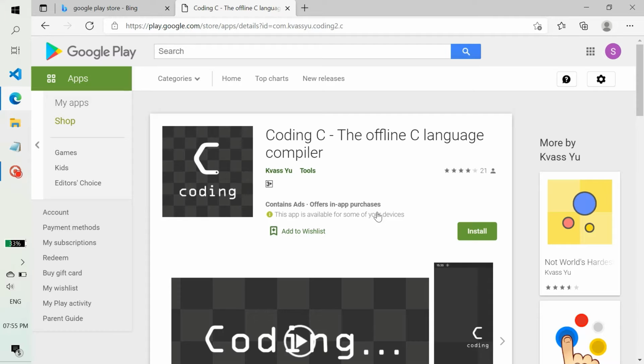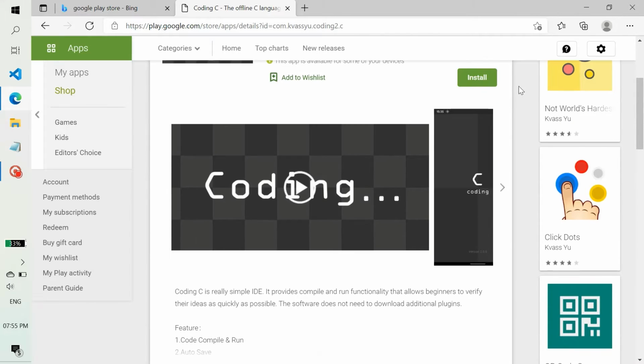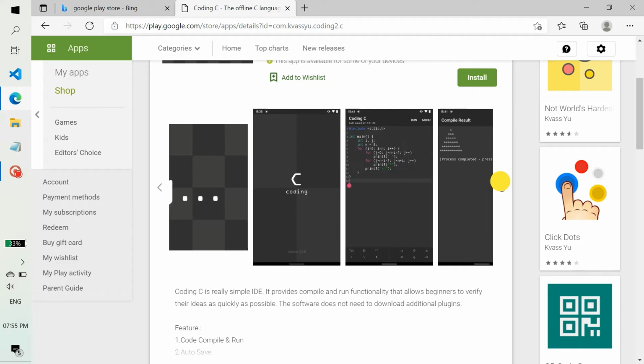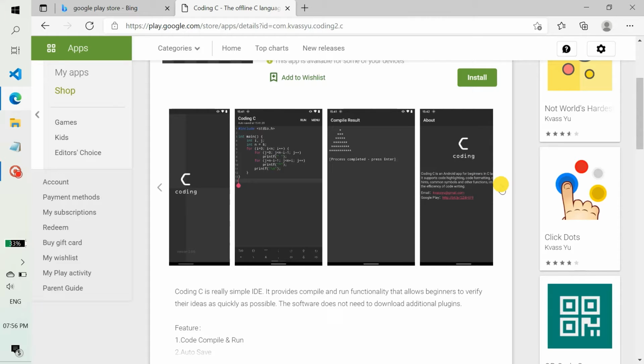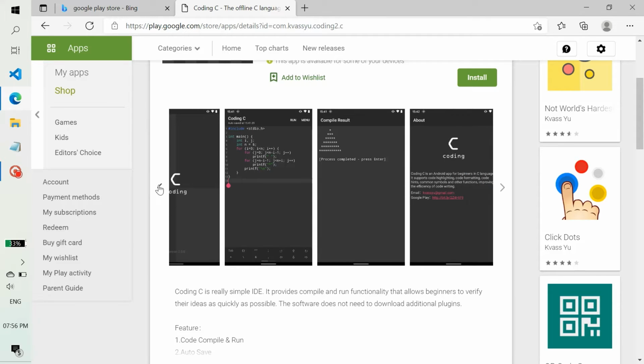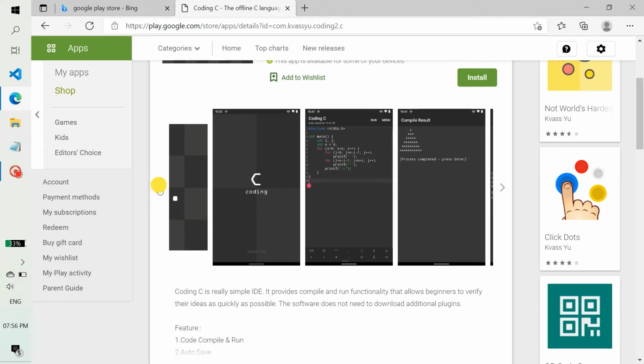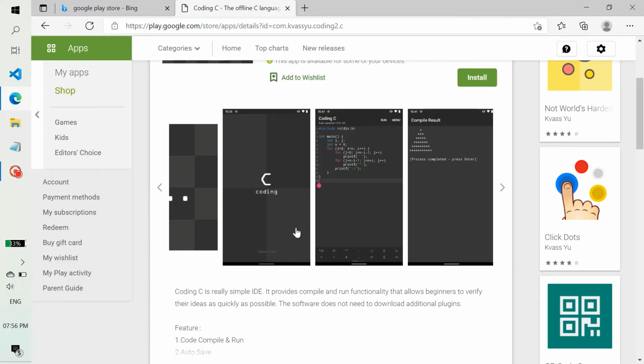It is one of the best compilers available for Android, and you can install it by clicking on this install. You can check these frames and how the interface is, how to run, and this is a very easy app to use and run the codes.